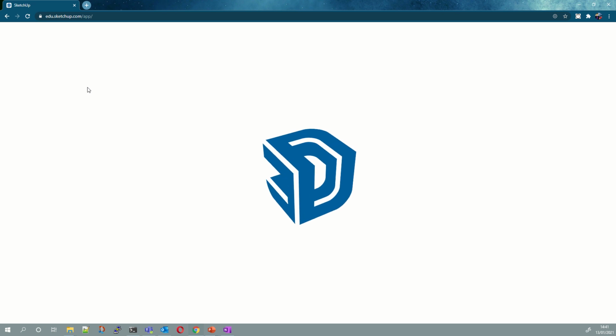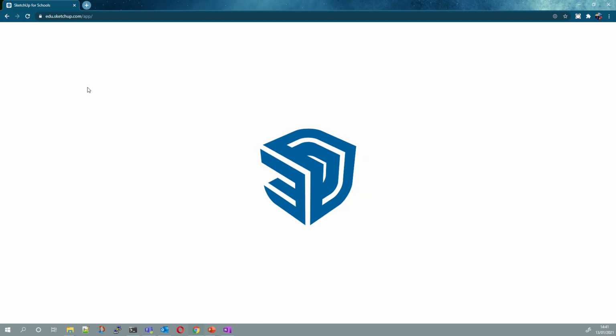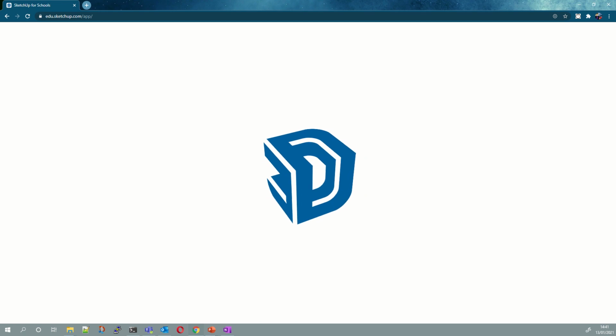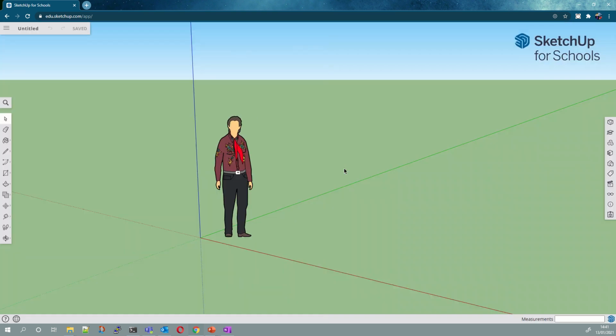after a few seconds asking you to log in. Be patient, it might take a little while to load, and when it does, it'll ask you to either log in using a Gmail account or a Microsoft account, and you need to click Microsoft account because that's how we do all of our online accounts, and then it might just let you sign in from there. It might ask you for your school email address, so it's your username at egglescliffe.org.uk and your password. And then once you've done that, then you're in, and you just click Start Modelling here, and you'll be straight